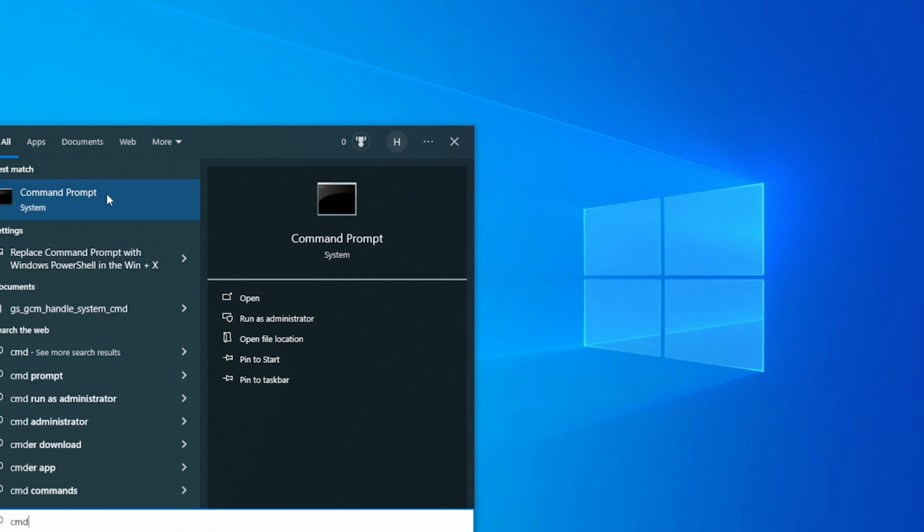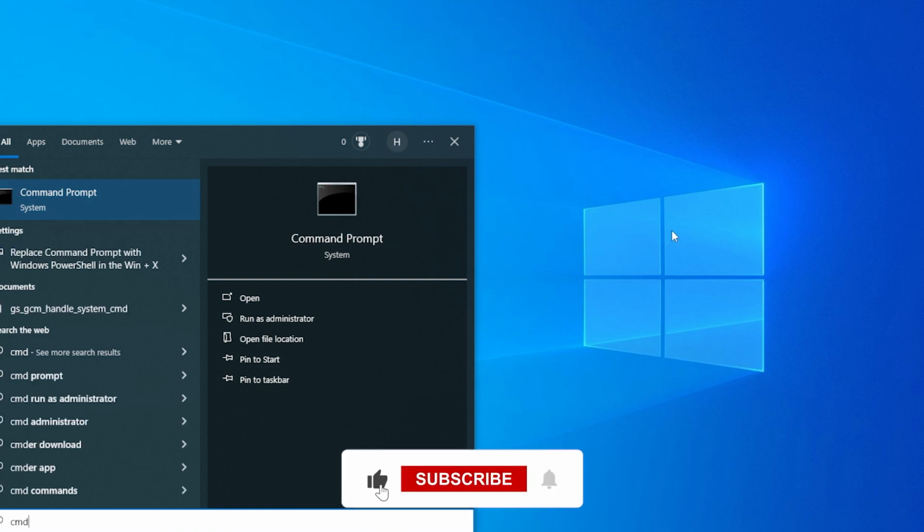All right, let's get started with the first method, and remember, if one method doesn't work for you, just keep going to the next one. You can totally fix this. Method 1: try launching